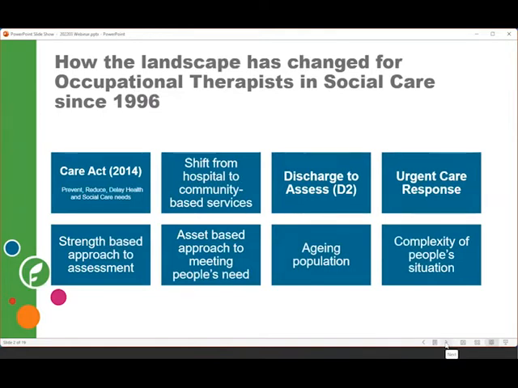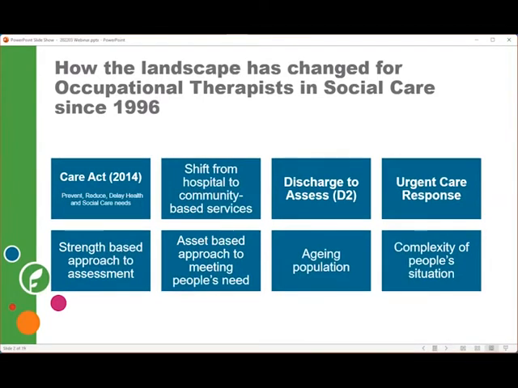I think what's really important is just to really quickly look at how things have changed for occupational therapists in social care, and perhaps why the access to an occupational therapist isn't perhaps as easy as it was back in 1996 when we first had the DFG and the legislation underpinning that. So I've just provided on this slide a reminder of the key things that have happened for occupational therapists